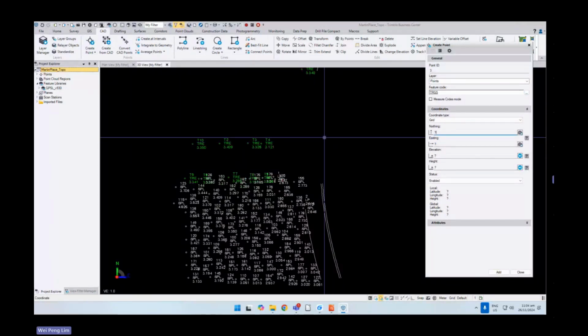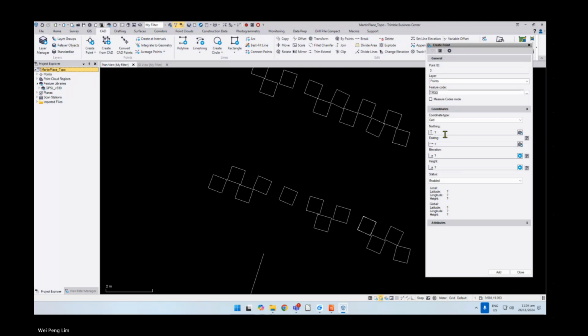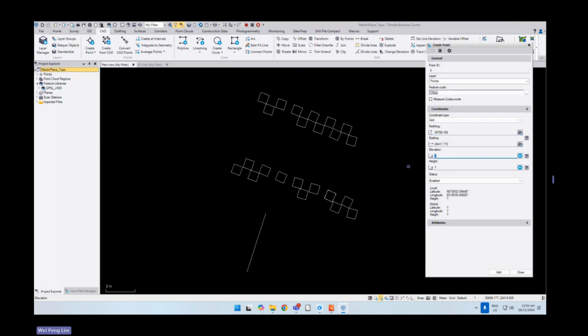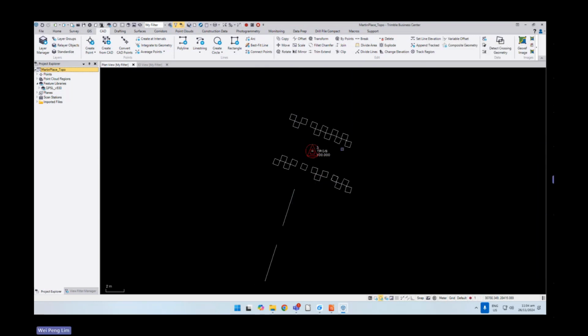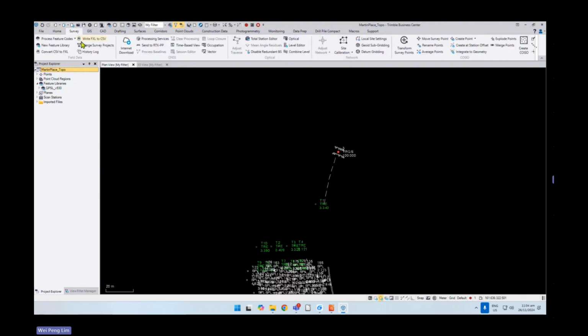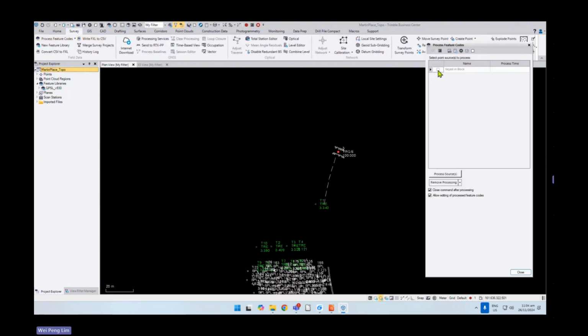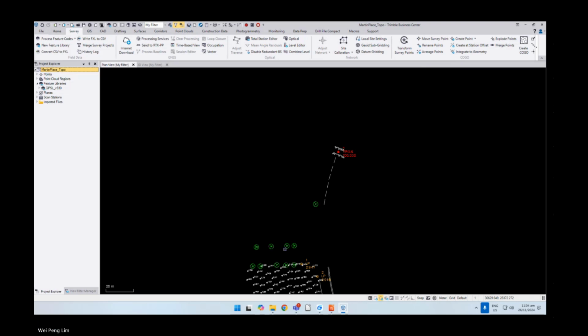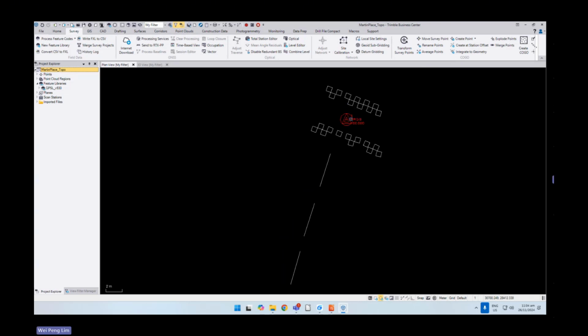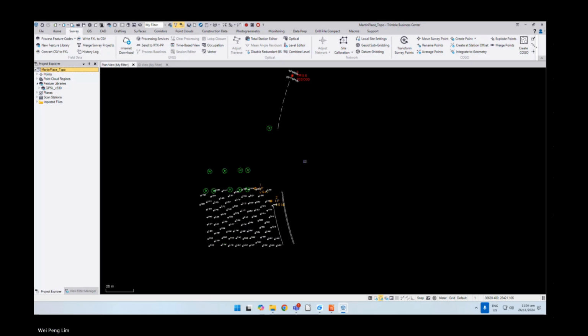Okay. So you have this here. Right. For the rest, I can just go to process feature code. It will come back. So you can use your new code in the library this way. Okay. So I think that is